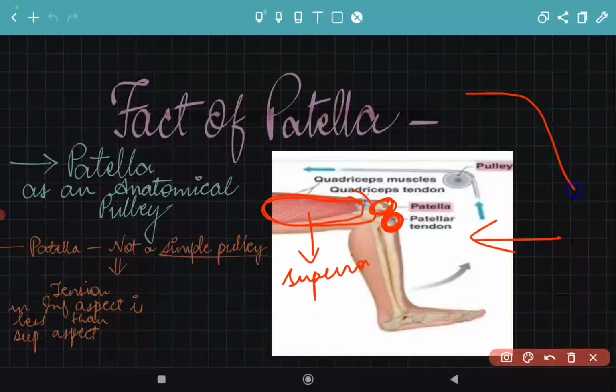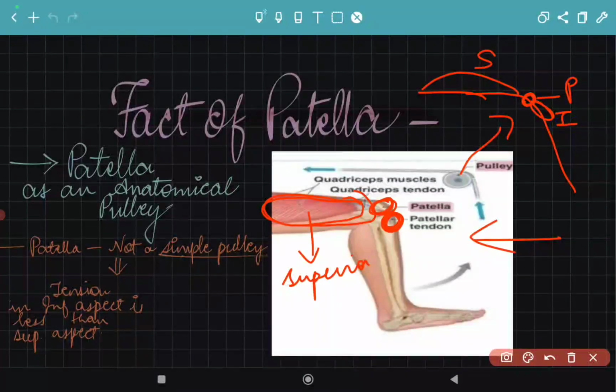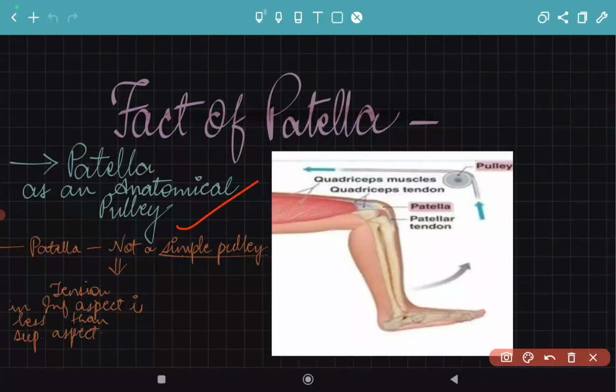So in this pulley, the tension of the quadriceps, at the superior aspect of the patella, is more as compared to the inferior aspect of the patella. This is the superior aspect, this is the inferior aspect, and there is unequal tension, hence it is not a simple pulley. So with the patella acting as an anatomical pulley, let's see what it does for the quadriceps muscle, giving the quadriceps its advantage but also at a cost. Let's now discuss the advantage